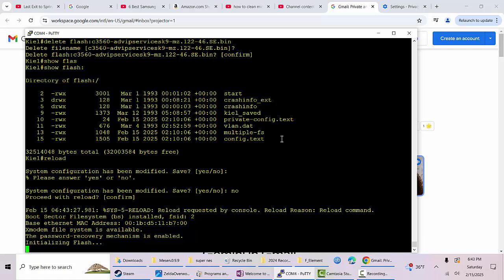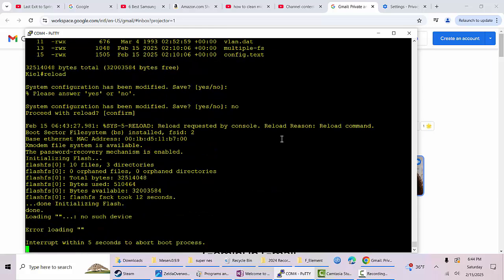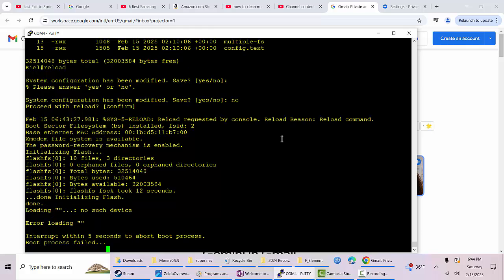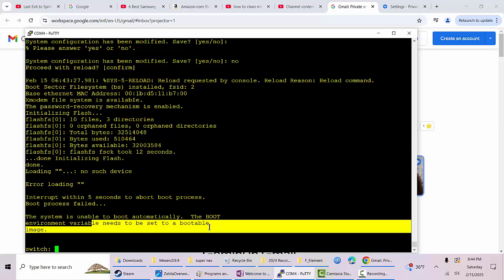All right, we're initiating our flash. Now, initiating means what? It's actually going through the process of making it valid, so we can read and write to it. Everything is dead on power. Okay, on power now. System is unable to boot automatically. The boot environment needs to be set to a bootable image. Now, this is that mini IOS that I was talking about. So, okay,